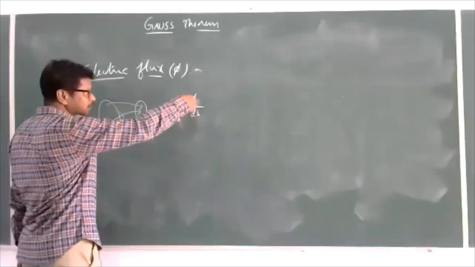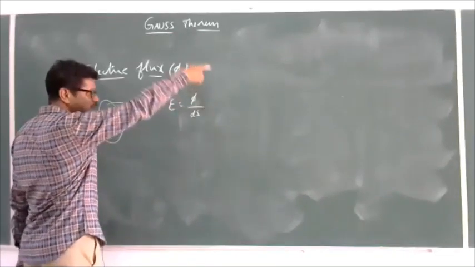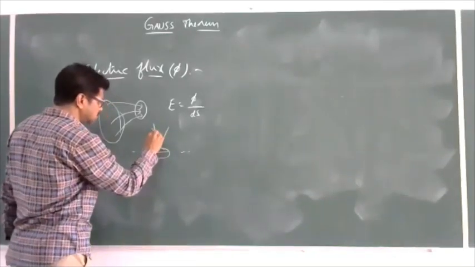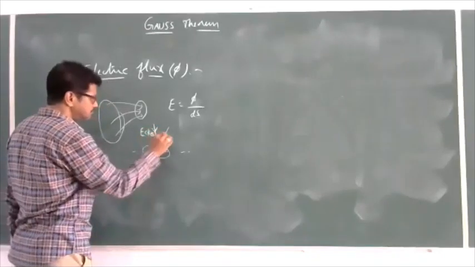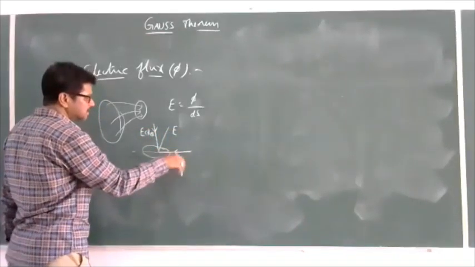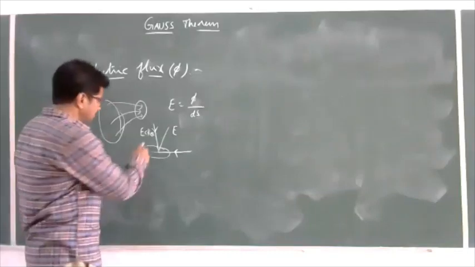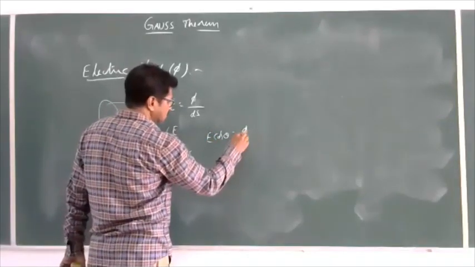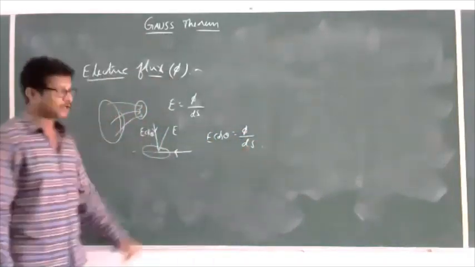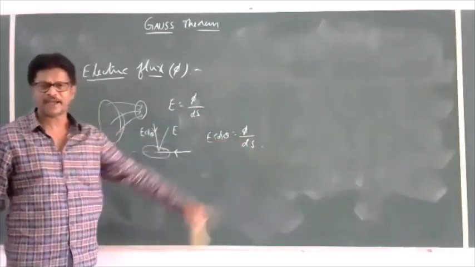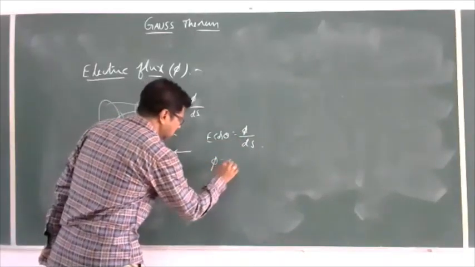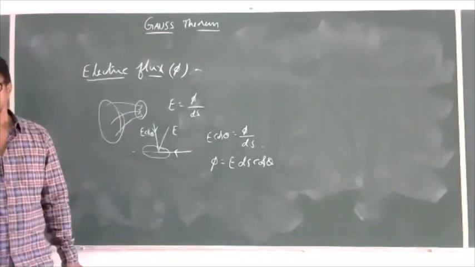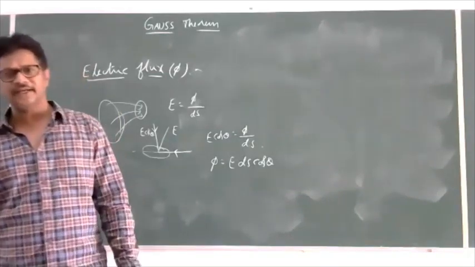So here flux is nothing but what? The electric lines of force which pass normal. As I said just now, the normal ones is equal to E cos theta. Parallel ones are not necessary to consider. Then I will write E cos theta is equal to flux by area. Only normal ones we have to consider while calculating phi. Therefore, phi is equal to E ds cos theta.